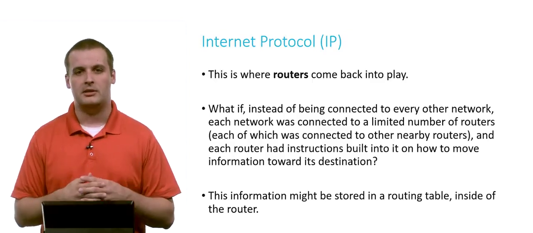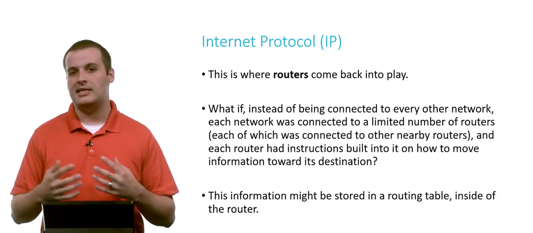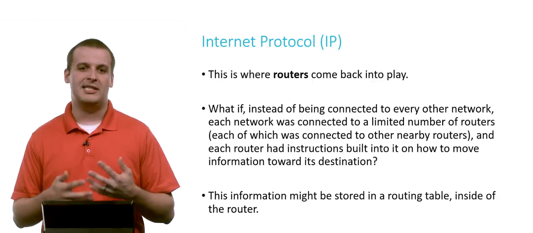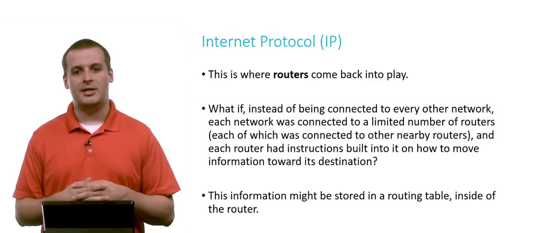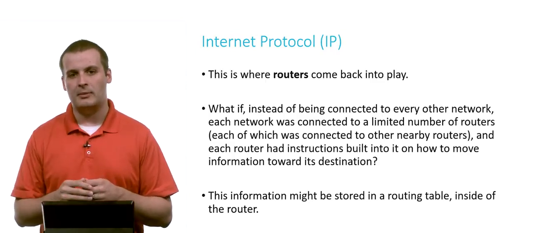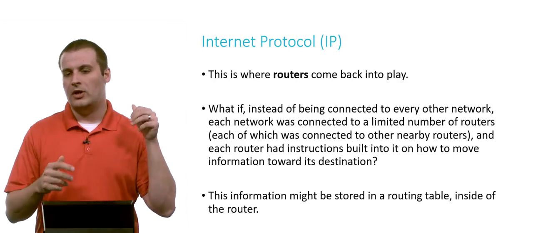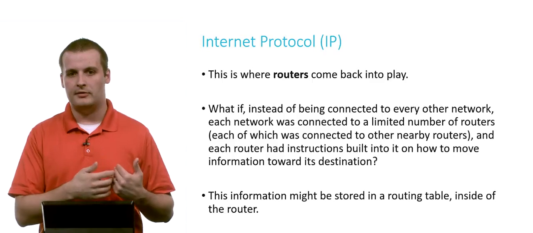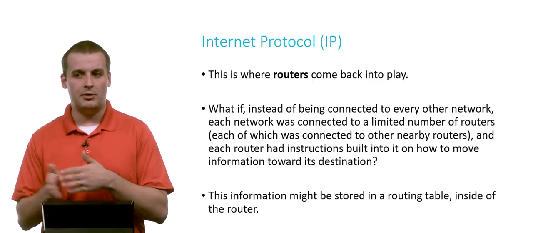And the router's job is, it contains information called a routing table that dictates where do I go if I see a particular IP address. If I see an IP address starting with 4, I'm going to go this way. If I see an IP address starting with a 12, I'm going to go that way. We don't need to be connected physically to network number 4 or network number 12 in this example. We just know generally where we want to go. And if you think about it, this is sort of similar to the concept of recursion that we talked about when we were talking about it in C. I'm not going to connect you to exactly where you want to go.